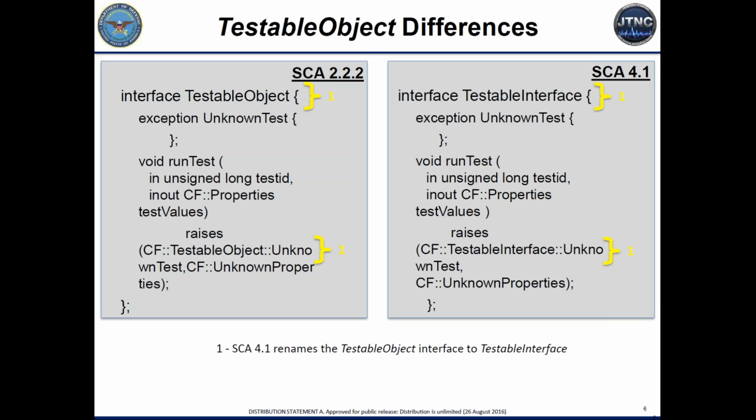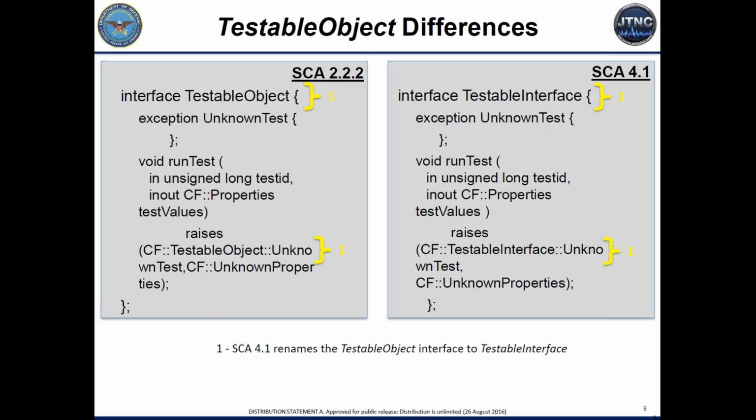After looking at those component representations, we're going to go through the steps of looking at the individual interfaces that are included within that component structure. We'll provide a comparison of the interfaces. Then we will look at the comparison of the requirements between what was required for an SCA 222 component and